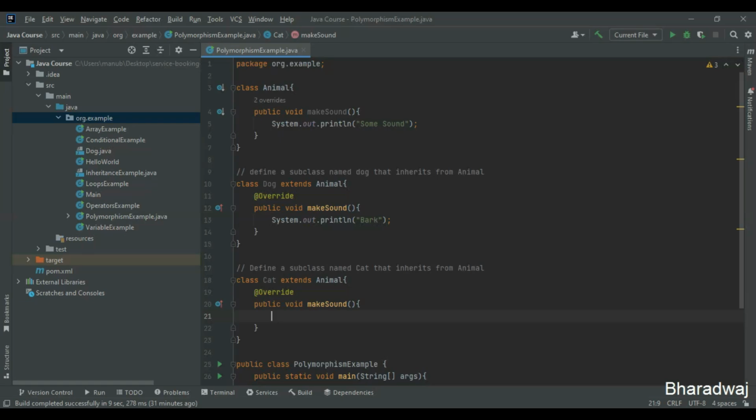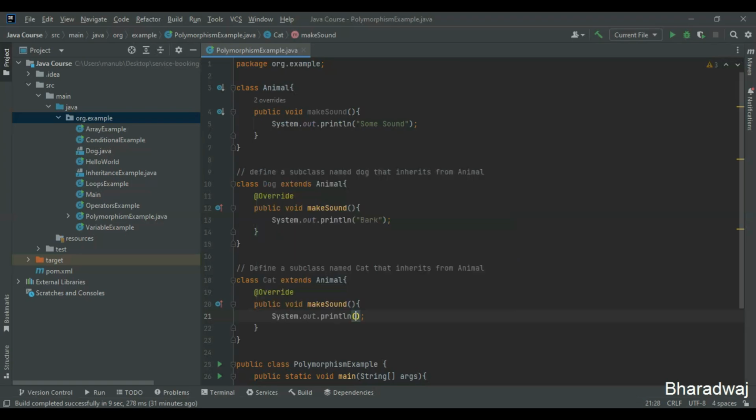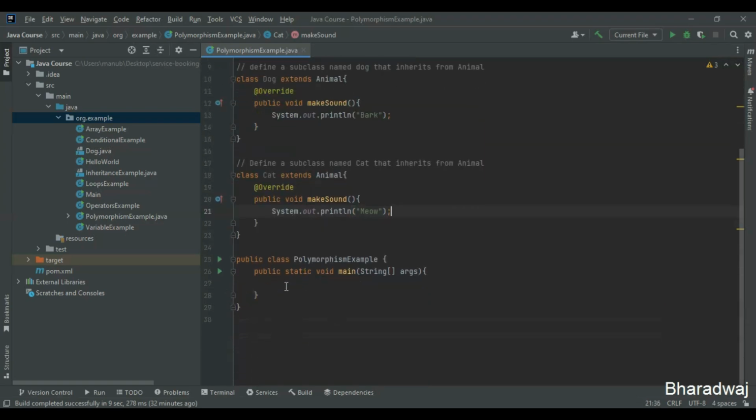This is nothing but we are overriding the makeSound method here. In the previous example also, we have seen the same thing, right? Let's print meow this time. I'll just give sout. Let me print meow. I'll just come here,